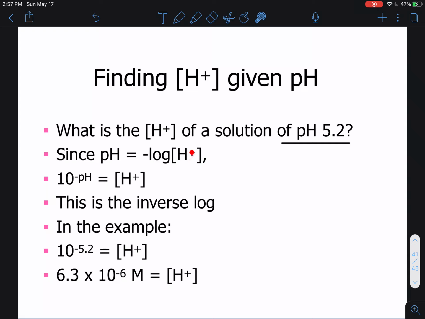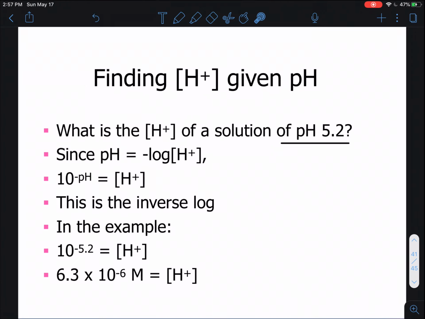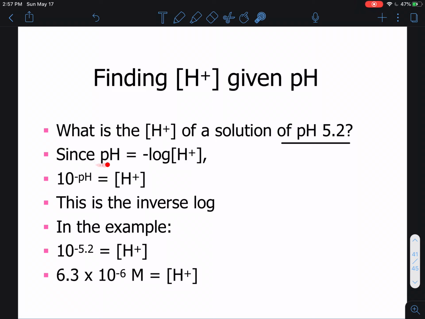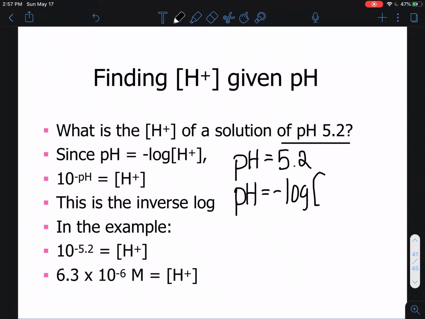in order to solve for this, we're going to have to do the opposite operation for log, which is taking whatever is here and raising it to the power of 10. So again, if pH is equal to 5.2, and it's already written here, but I'll just write it out, we know that pH is also equal to the negative log of H3O+,